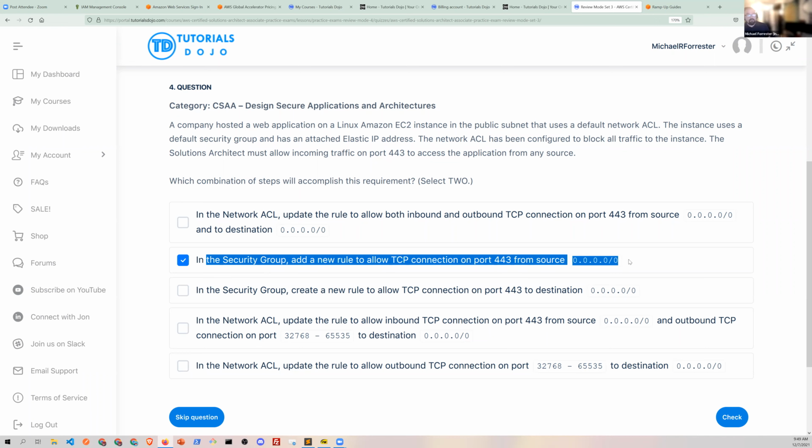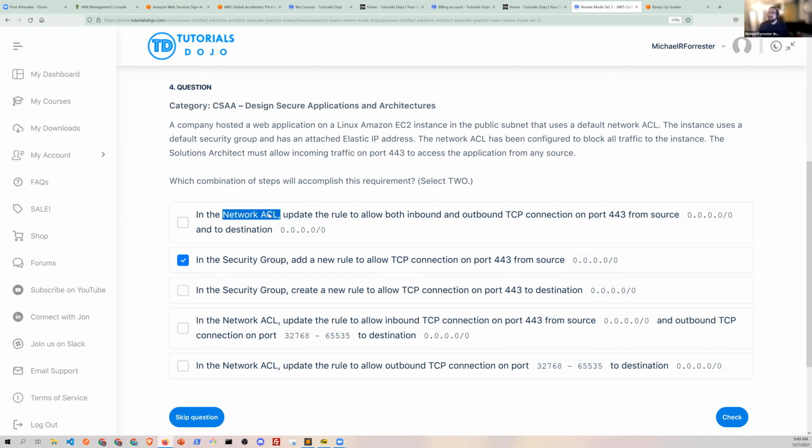Now, what about the network ACL? In the network ACL, since this is a stateless firewall, we need 2 rules for bidirectional traffic. If you don't know that a stateless firewall requires 2 rules for bidirectional traffic, you're going to think you can do this with 1 rule and you're going to fail, right? Security groups can do 1 rule, but NACLs require 2 rules to function. So if Errol and I are talking, even though Errol may have given me permission to talk to him, if he hasn't given himself permission to talk to me in a stateless situation, then we can't have a conversation. It just means I can talk to Errol and he's not going to talk back to me, right?